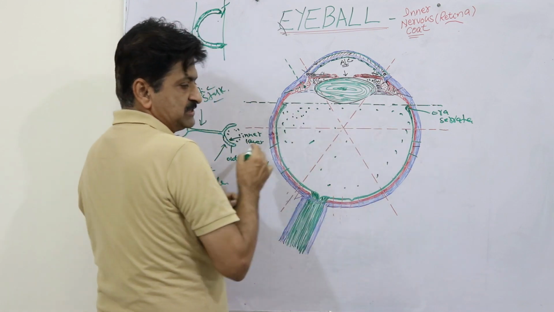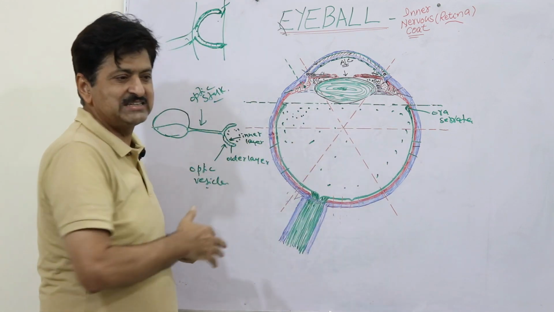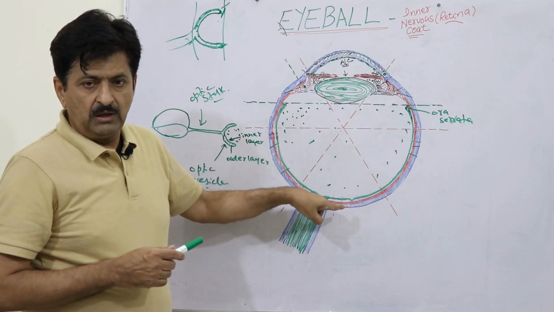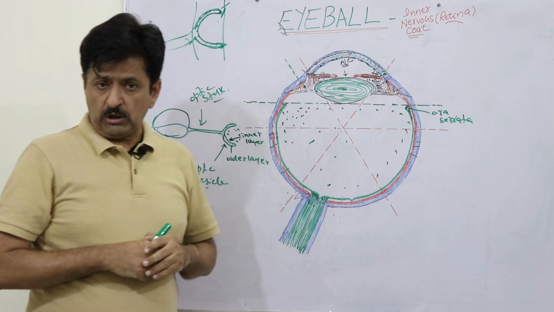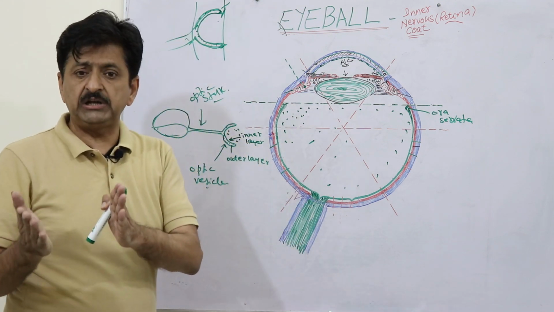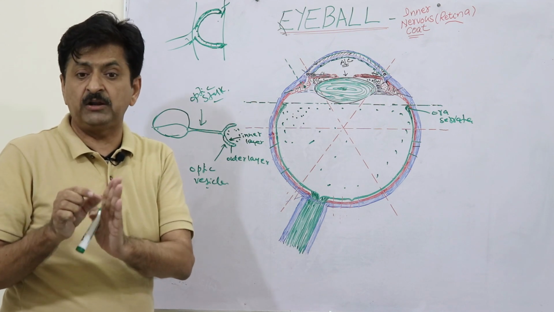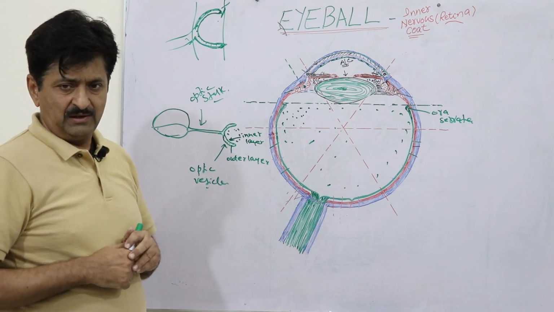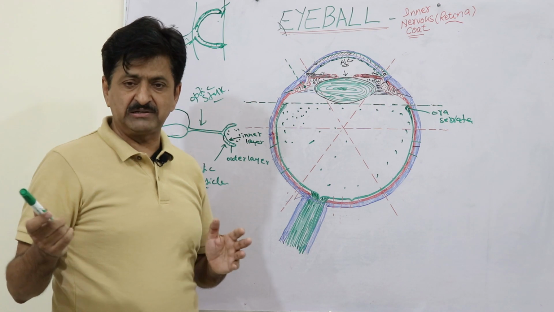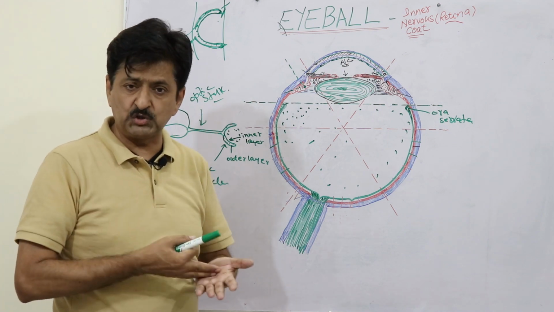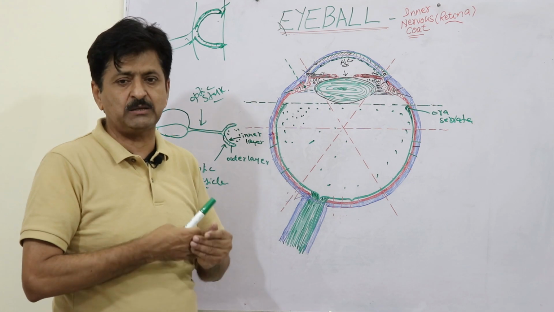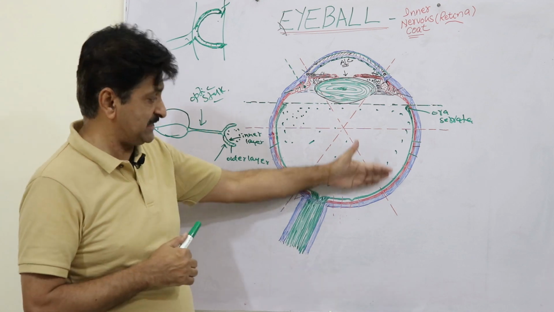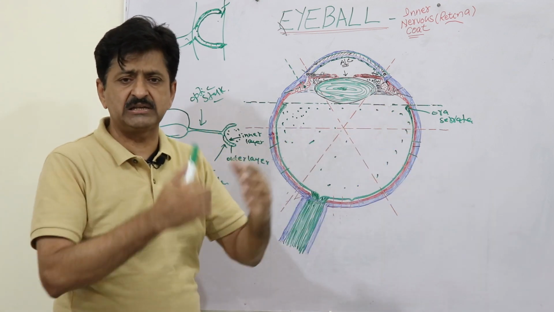Here this gel-like substance is called the vitreous. Outside, the retina is attached to the choroid, and the choroid is filled with choriocapillaries. So the outer portions, almost 1/3 of your retina, get their nutrition from the highly fenestrated choriocapillaries. Your retinal pigmented epithelium, even your rods and cones, outer segments, etc., get their supply from the choriocapillaries. But the inner sensory portions, the neuronal layers and all these things, will get the supply